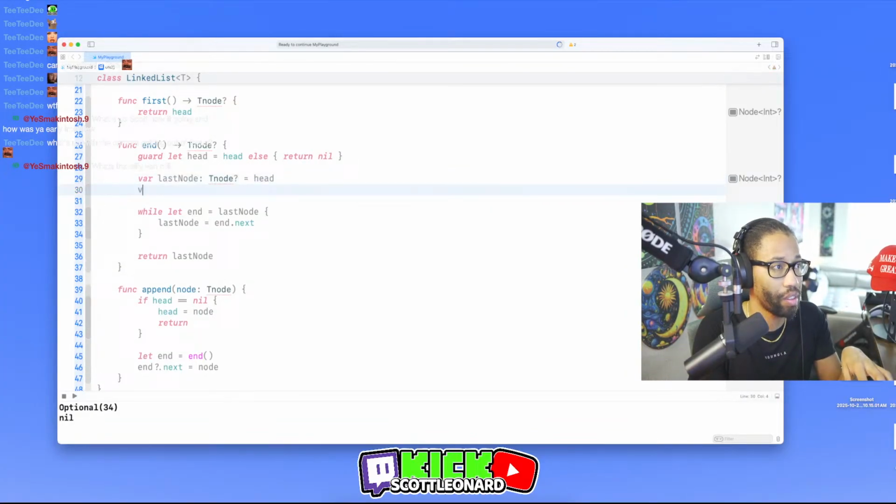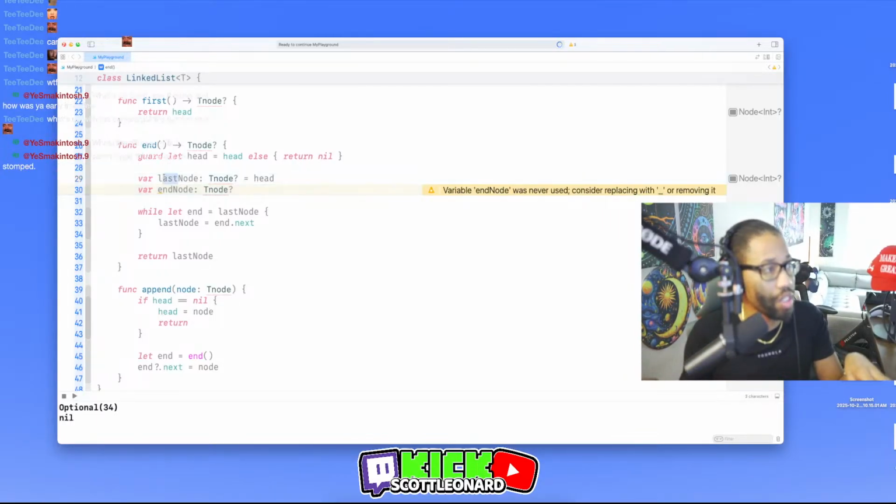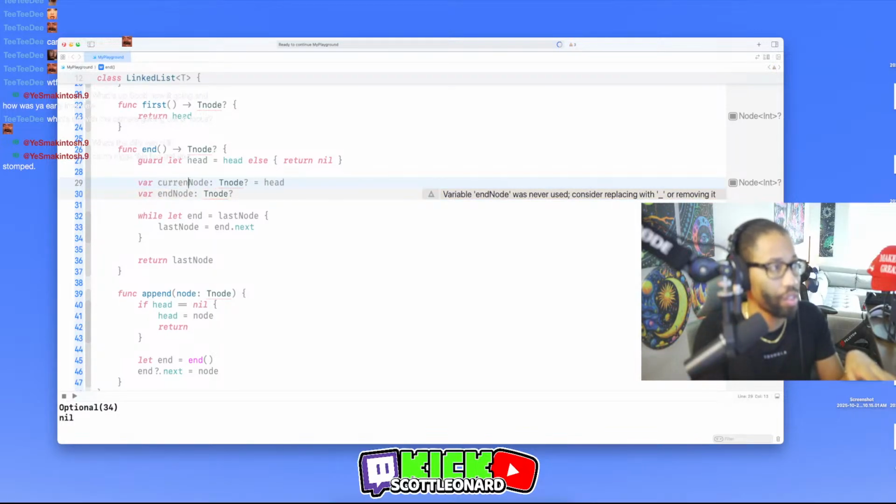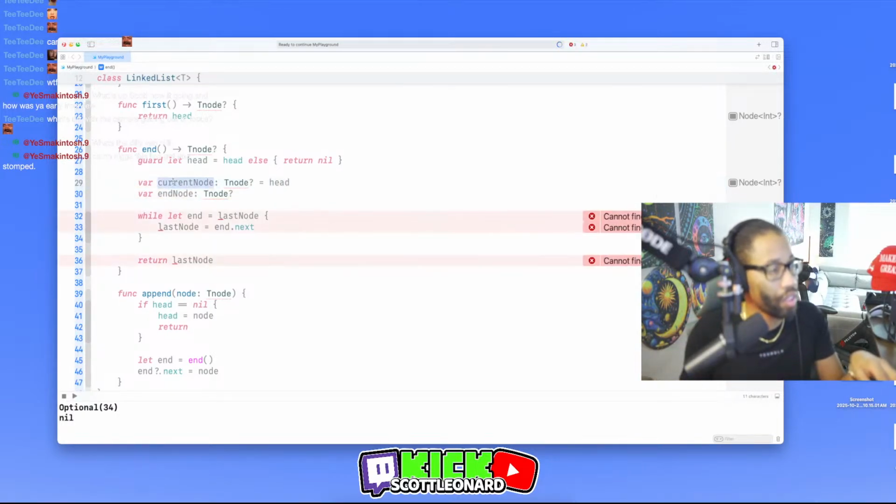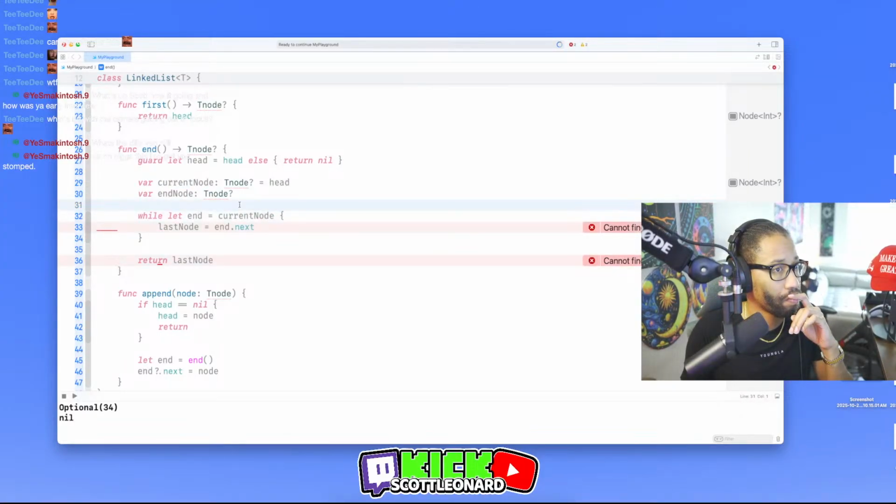I think here. End node, and this should be, it just changes the current. Let's change this to this. Do this.